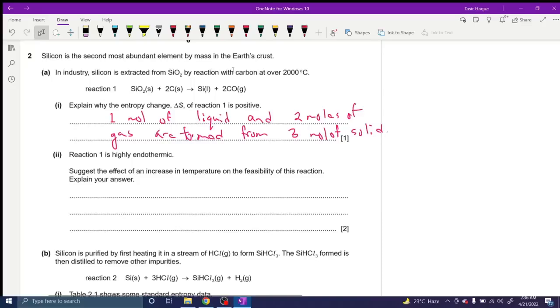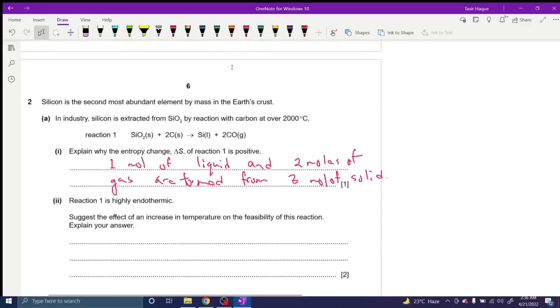Reaction 1 is highly endothermic. Suggest the effect of an increase in temperature on the feasibility of this reaction. So guys, check this out. Typically for endothermic reactions, if you increase temperature, feasibility increases. Why? Think about it. Del G is equal to del H minus T del S. So if del H is positive and del S is also positive, what's going to happen? Del H remains the same, right? And if you increase temperature,